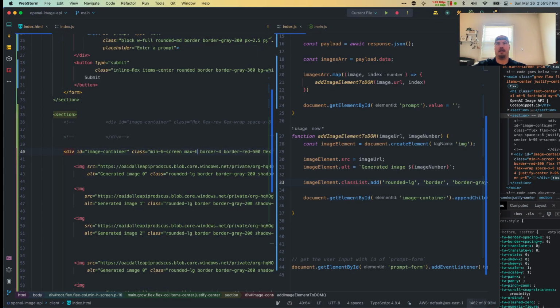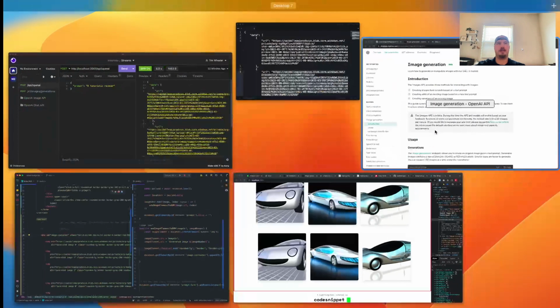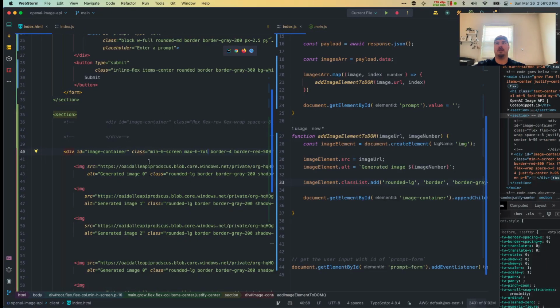Max height 7XL. Does that do us anything? So if I add back the min height screen,